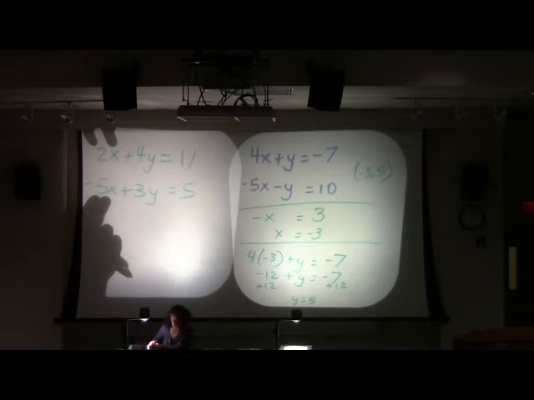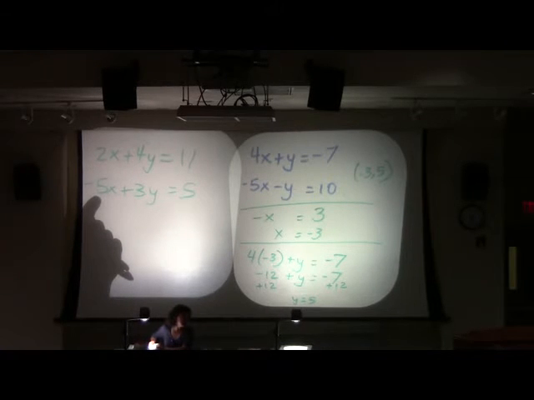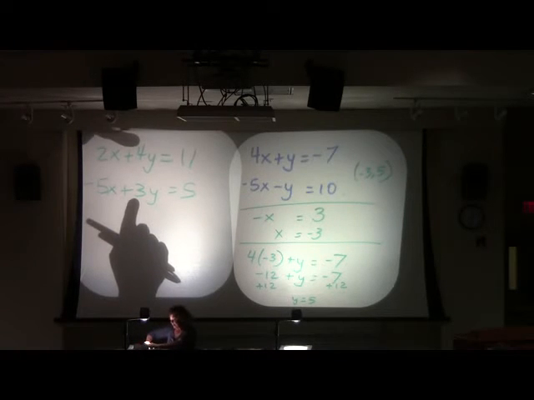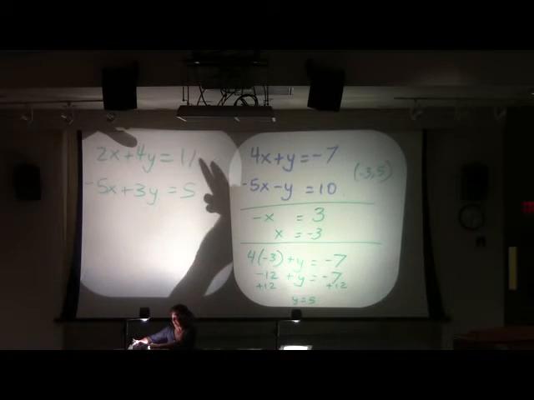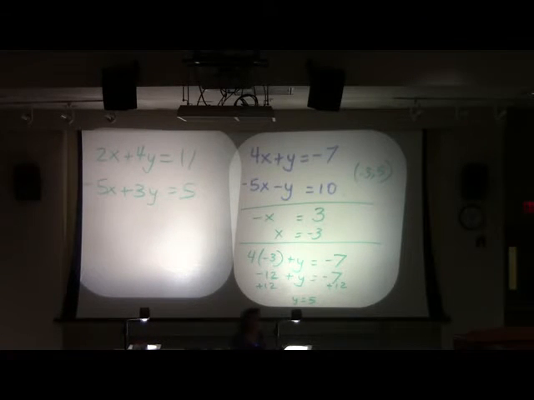10. So do you agree I would have to multiply my top equation by 5 and my bottom equation by 2? You with me there? That's if I wanted to get rid of my x's. Now, suppose on the other hand I said, I want to get rid of my y's. Then I would look over at my y's and say, what do both 4 and 3 go into? 12. So do you agree I have to multiply one of my equations by 3 and the other one by 4? And one of them would have to be a negative? Okay? So, it doesn't matter.